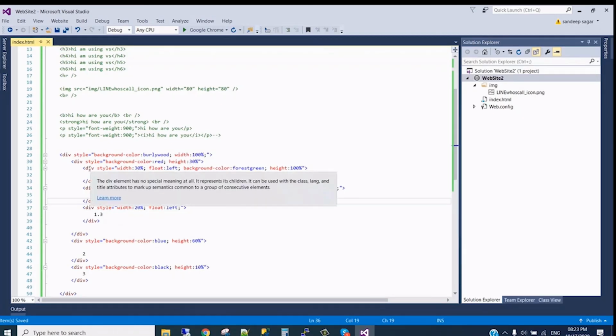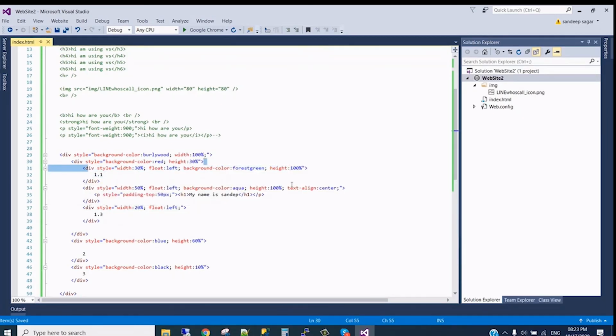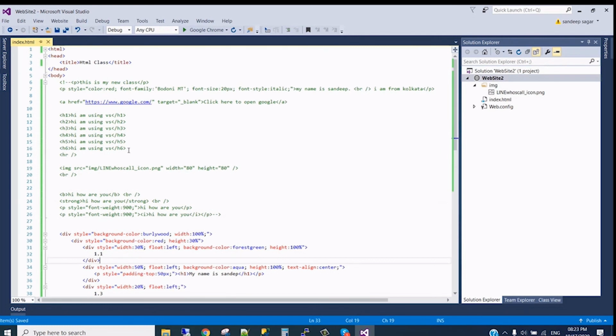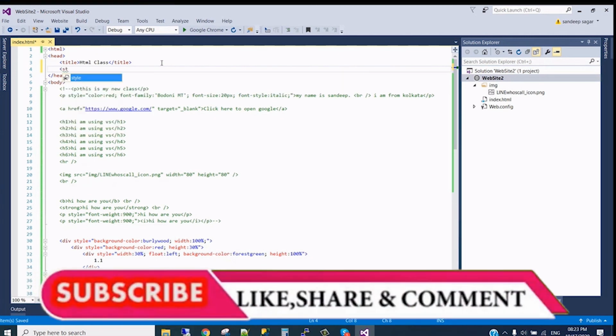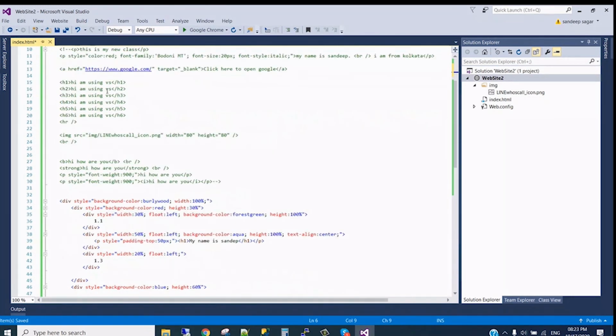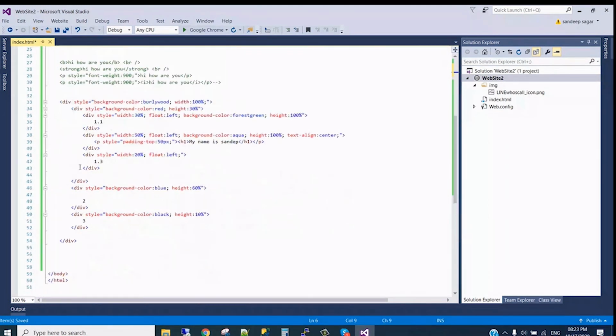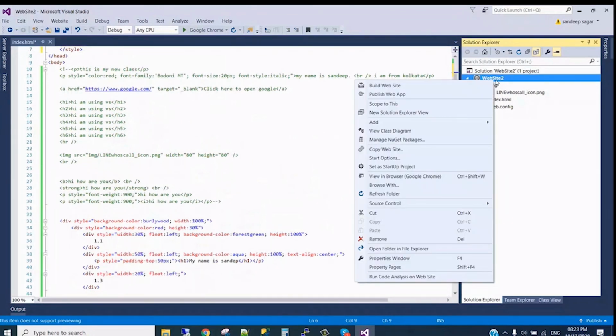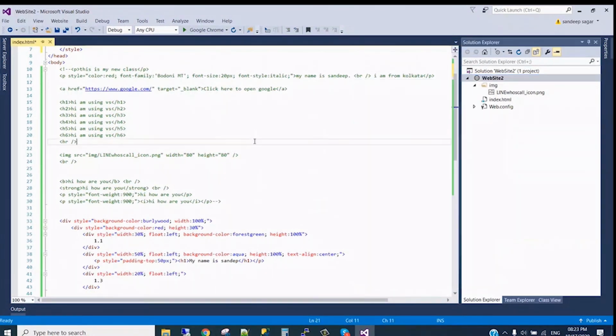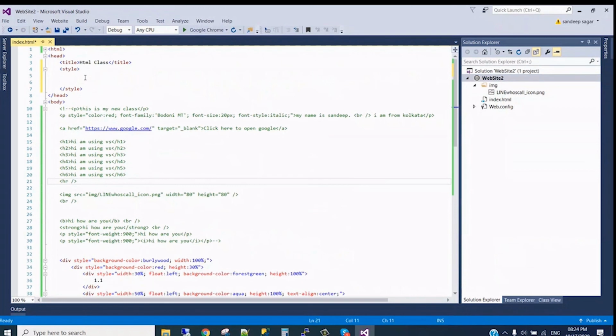Next class we will be doing two things. One, whatever inline CSS I wrote, I will show how to write in a class, making a style here with a style tag, and how to refer to these designs in the div or paragraph. Also, I will make a CSS class file, show how to make the reference, and it will work the same. So this we will discuss in the next class.